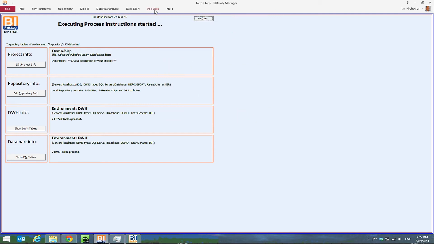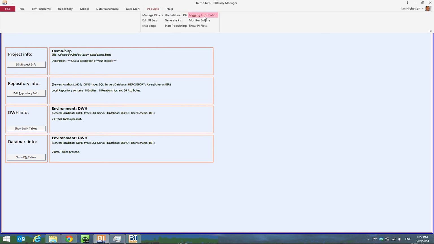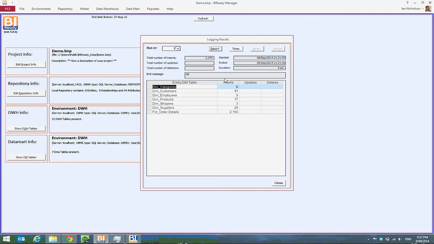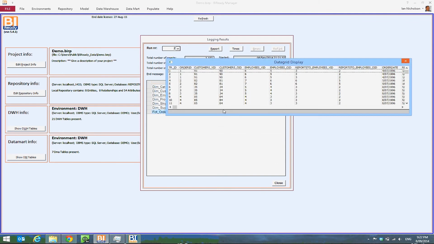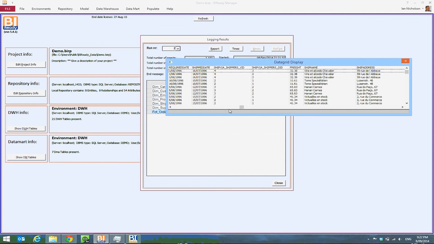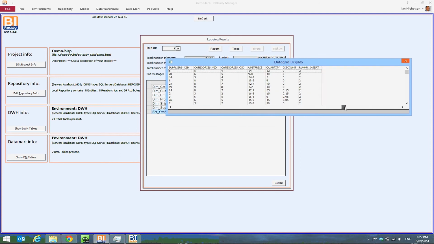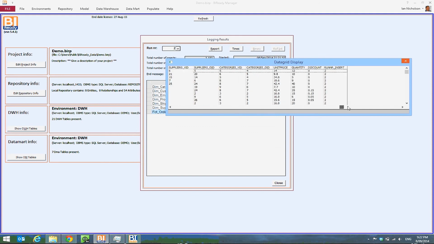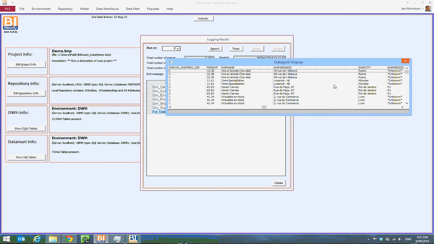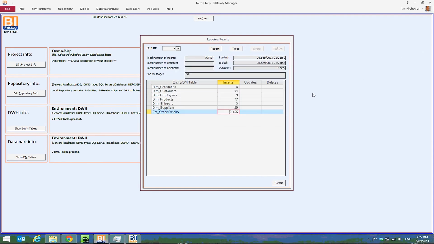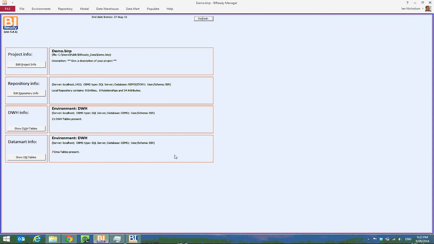Great. So again, if I look at the log, we can see our run number 2 has created these dimension tables and this fact table here. And again, I can view the contents of those tables just like that. It really could not be simpler. Okay, now